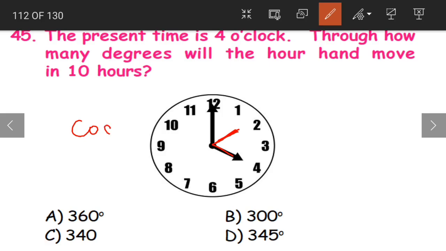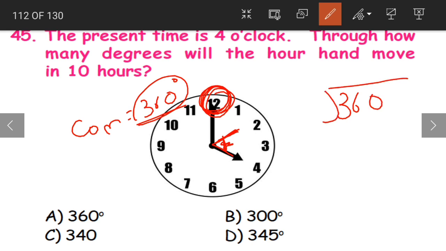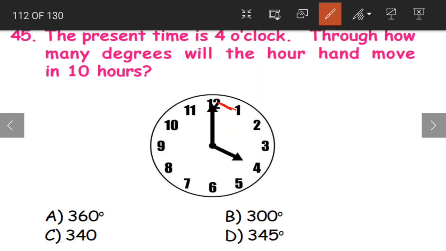We know that the complete angle is equal to 360 degrees. So from that 360 degrees, if we remove this much, we'll get how much the hour hand has moved. Yes or no? So how will we find out this one? This 360 degrees is divided into how many parts here, children? 12 parts. So 360 divided by 12, 12 30s are 360. So that means, one part is equal to 30 degrees. From one number to the other number, it is equal to 30 degrees.